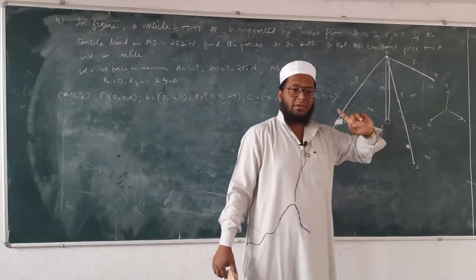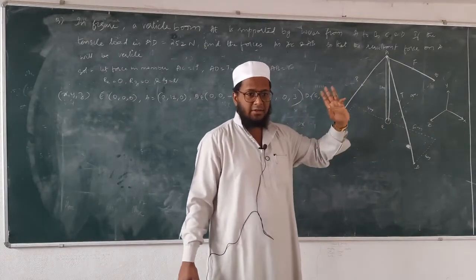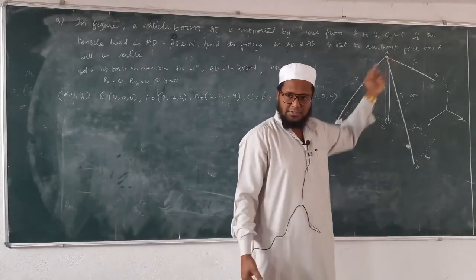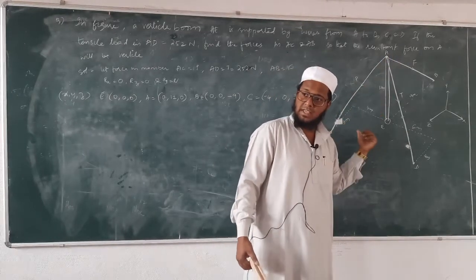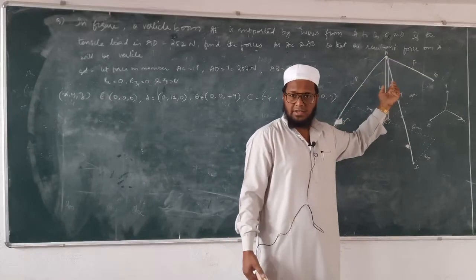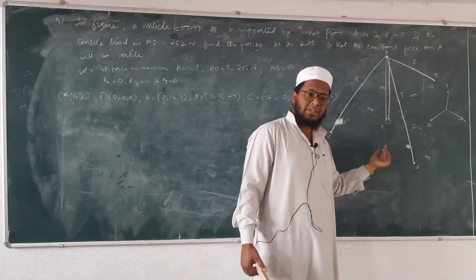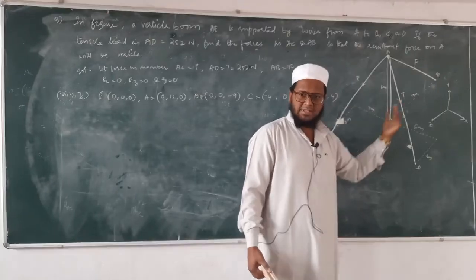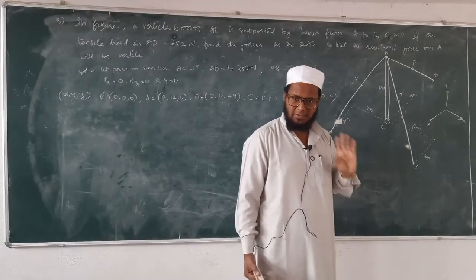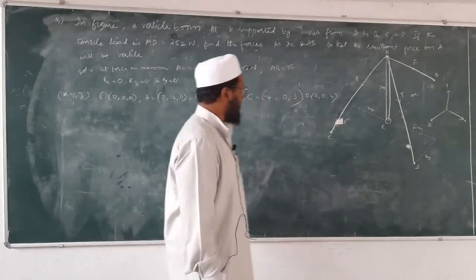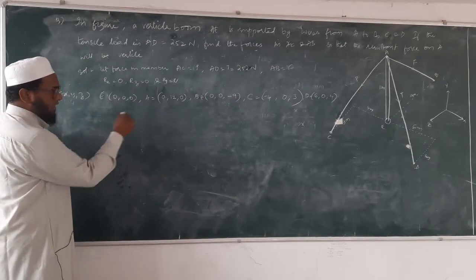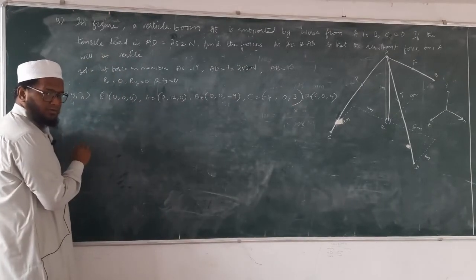So whenever you calculate your x, y and z, what you have to do? C minus A, right? A to C. If the force is passing from A to C, C minus A. If the force is passing from origin to A, as in the previous problems, A minus 0 or 0 minus A, whatever it may be. You remember this one, right? Yes. So see here, I'll start calculating our force vector.